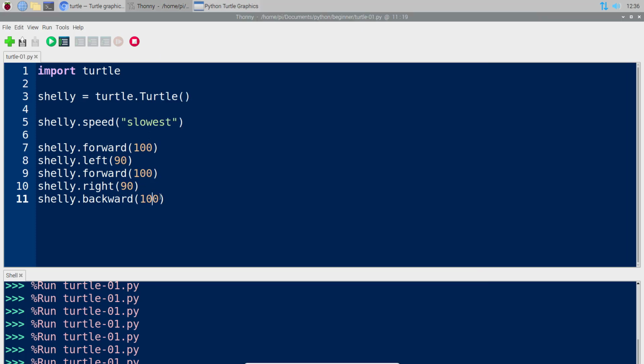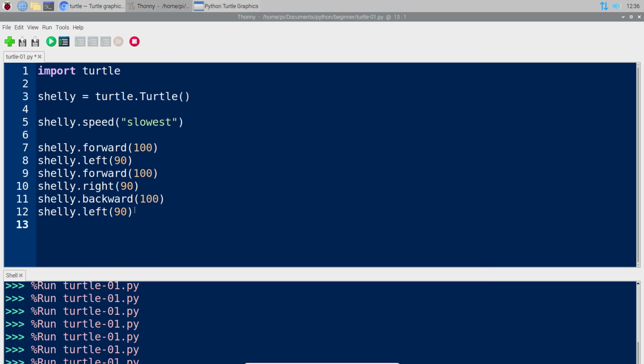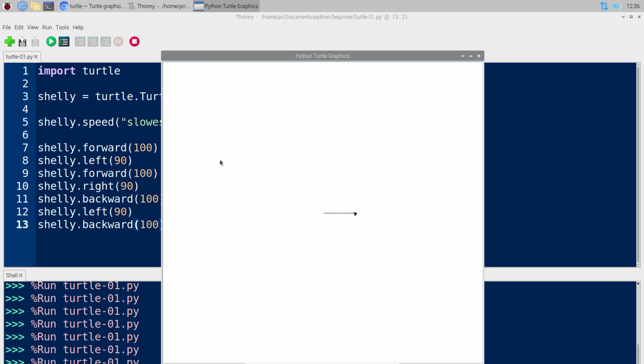And then in this case, now you can either do Shelly. You can turn right again, or you can turn left. Let's see what that does. So the beauty of this is that, as you can see, you're creating yourself some problems, and then you're fixing them along the way, which is what the main goal here is. And then Shelly, backward again. So it's essentially similar to driving a car. You'll be driving here, you turn this way, you turn that. So I drew a square, which is the ultimate goal,